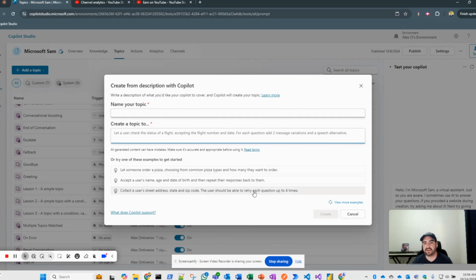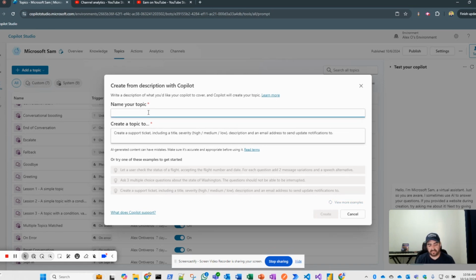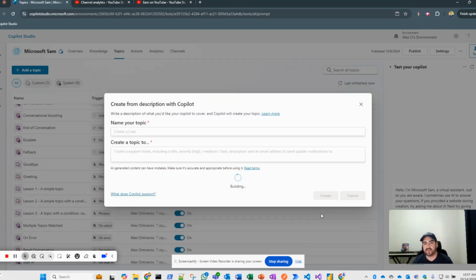But I'm not going to write anything. I'm actually going to leverage these examples here. These examples would program the Copilot a certain way. If I view more examples, there actually is one to create a support ticket, including a title, severity, description, and an email address to send update notifications to. That sounds great. I want to use this template functionality, and then I'll name this topic create a case. Imagine that the topic is essentially a way that you can create a behavior that is contextual to your business process. So I'm going to click create,